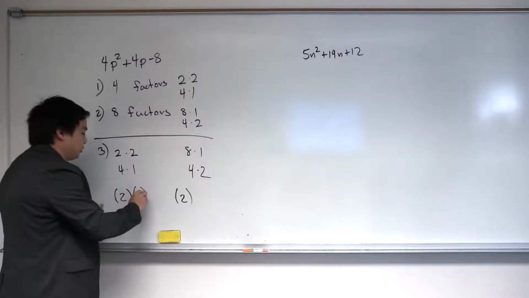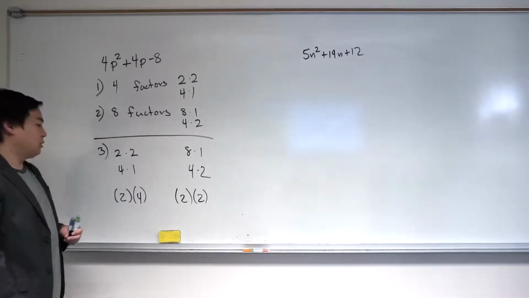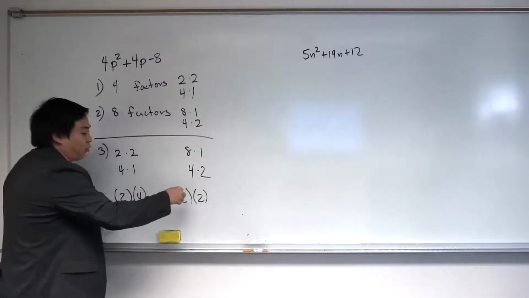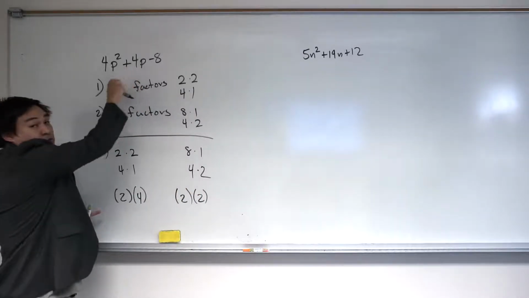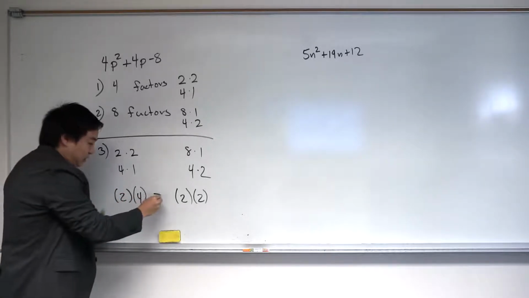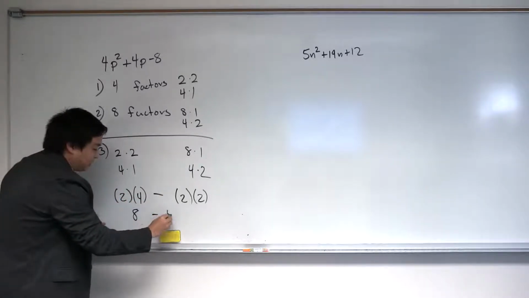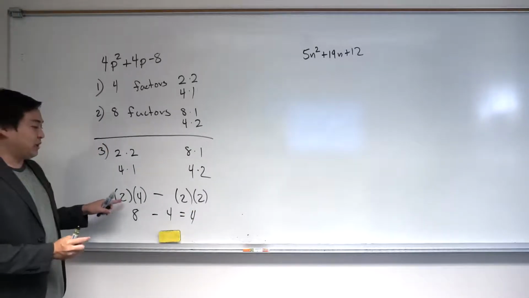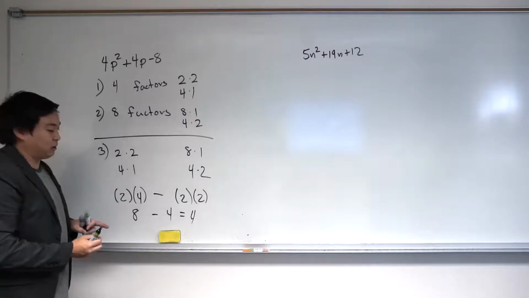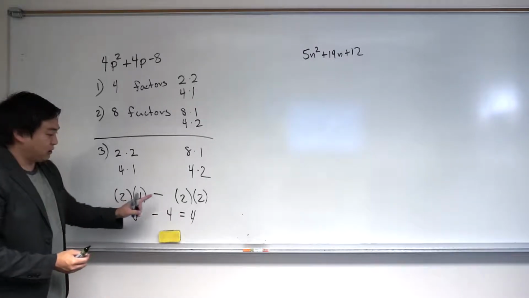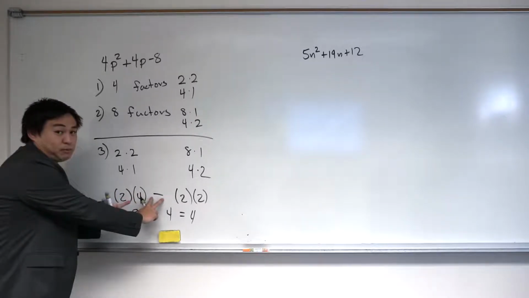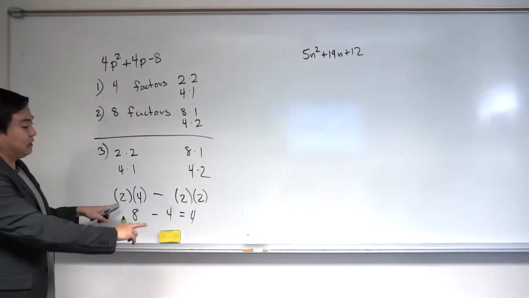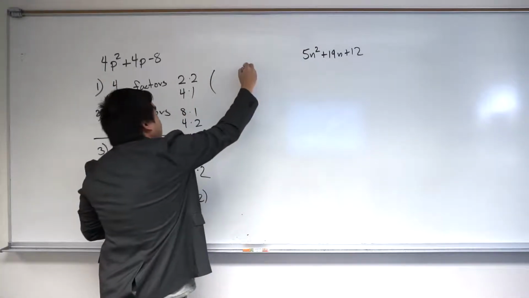And then 4 and 2. So this right here gives us 8. This gives us 4. Can we add or subtract to get the 4 in the middle? And we can see that it's going to be 8 minus 4, which is going to give you 4. So once we have the middle part found as a product of the two, and then a plus or a minus in the middle of the front, we can get the factors of this again by first writing out the parentheses,